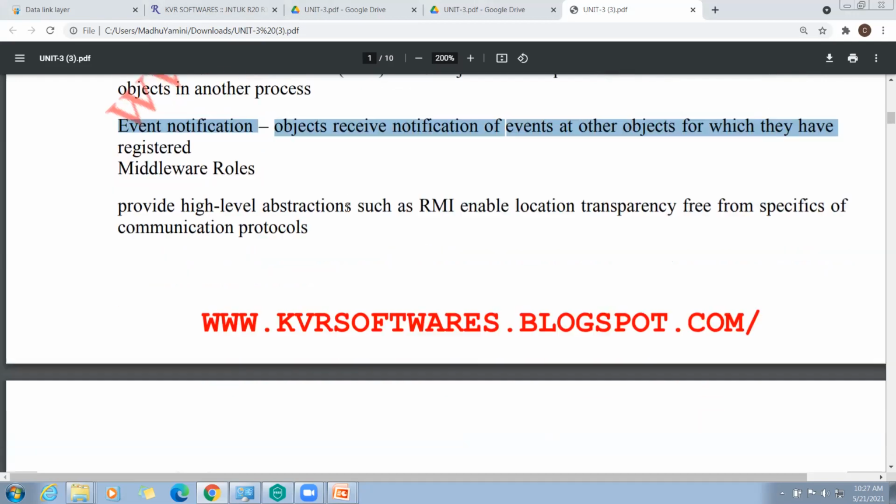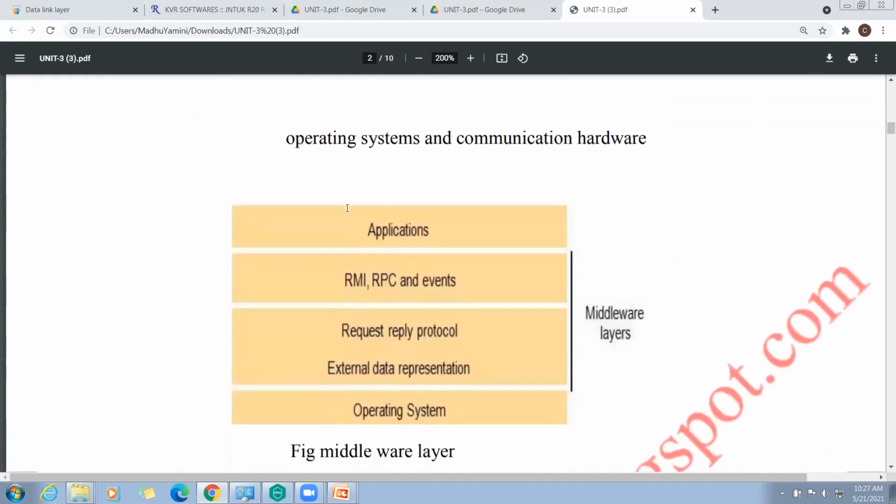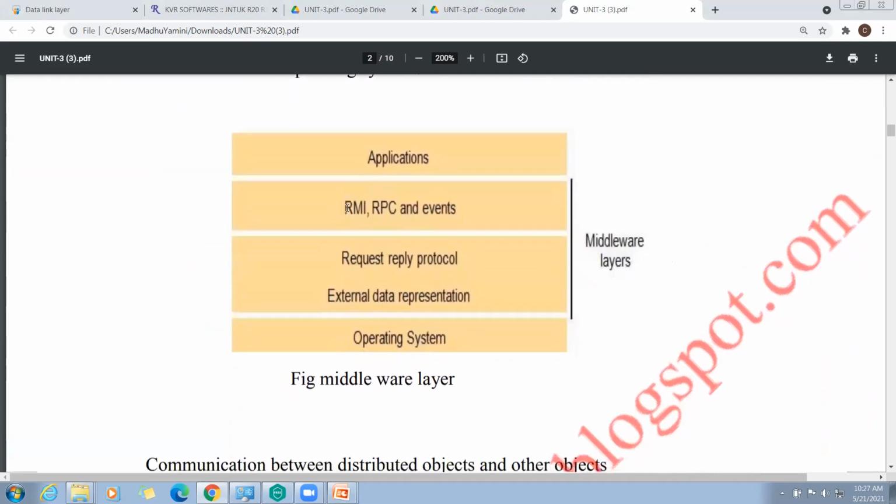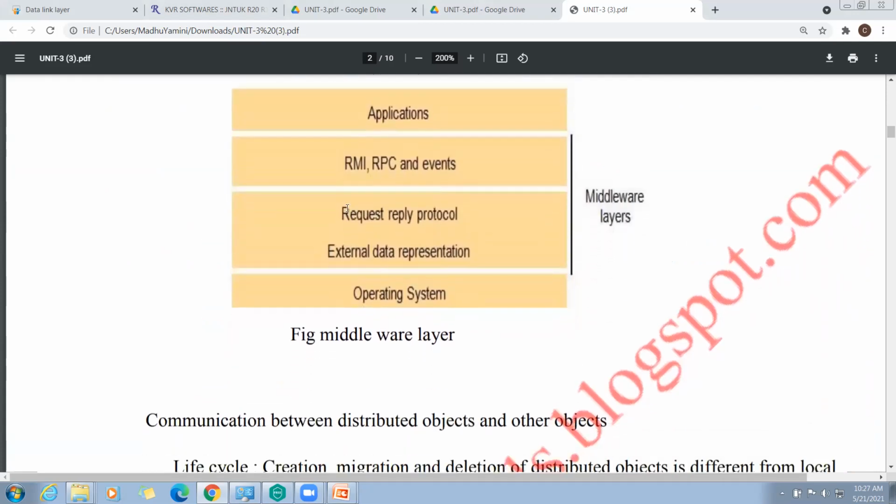See the diagram here. This is the middleware. In between the operating system and distributed applications, we have a middleware.